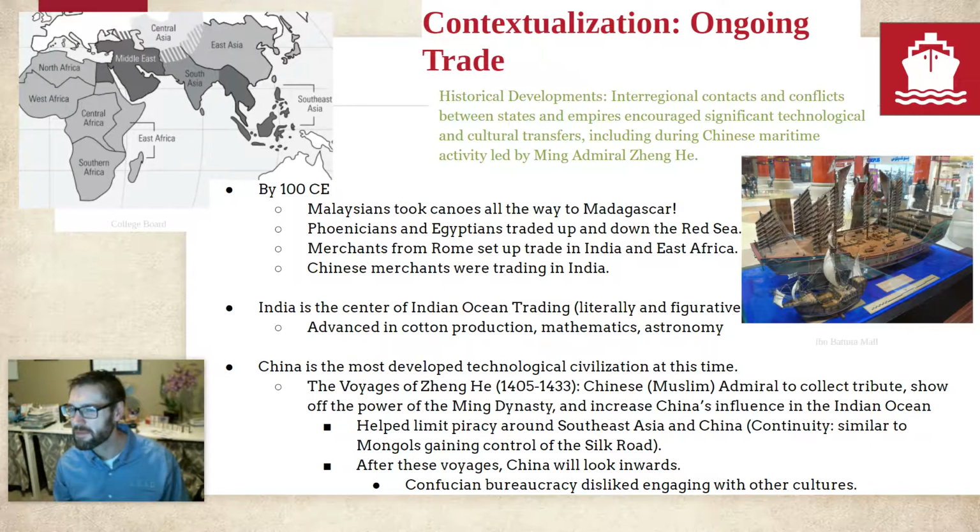We don't see the same thing happen in the Indian Ocean. It's more just little city states and things like that. What's interesting about Zheng He is, as successful and great as these voyages were,